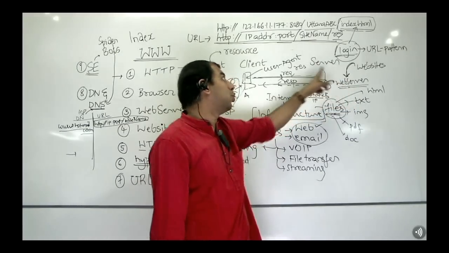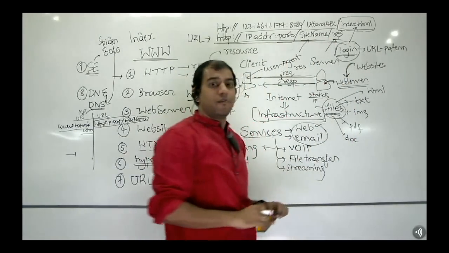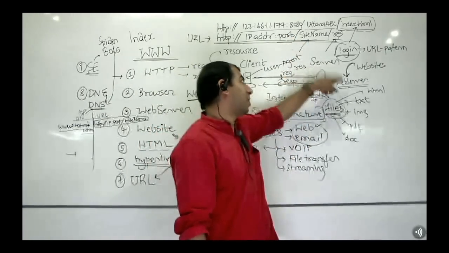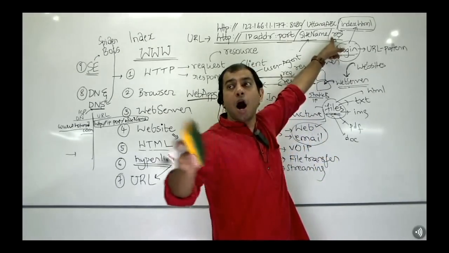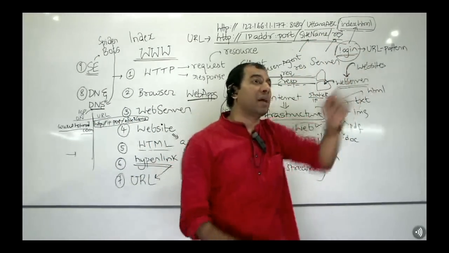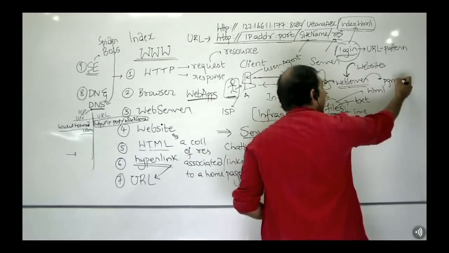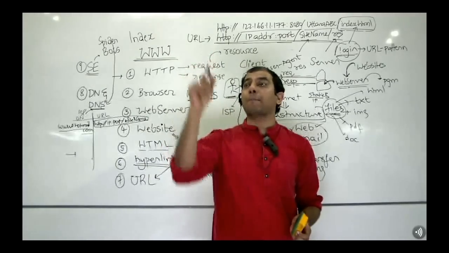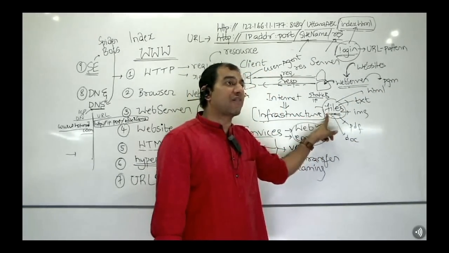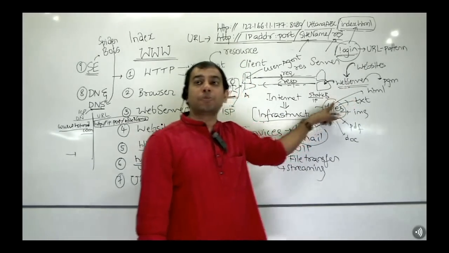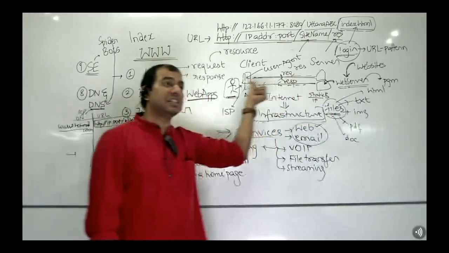Now the web server will look into your request URL, at the website name and the resource. It sees whether the website name is there. If the website name is there, it checks the resource, and it will check whether the resource is static or dynamic. If the resource is dynamic, then the web server will do what? It will call a program. It will invoke a program, and that program, when executed, will create a file, and that file will be given back to the web server, and the web server will do what now? Create a response. Into that, it will write that file and send it back.